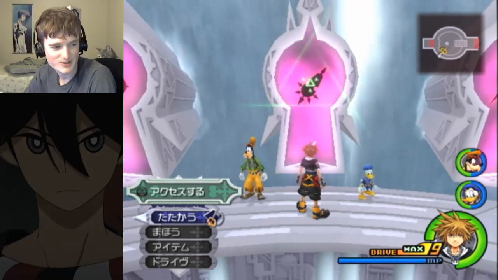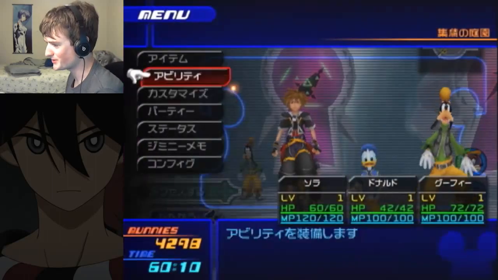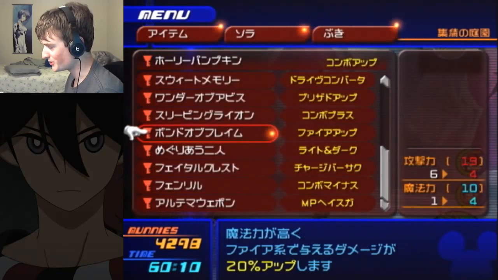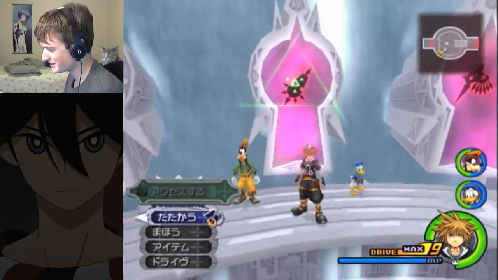I'll throw that on YouTube, I suppose. Hopefully you got something out of it. Show you how to do it without even using final form. So if you don't want to use final form, I guess you can just use Bond to Flame. And I think it's the same concept,